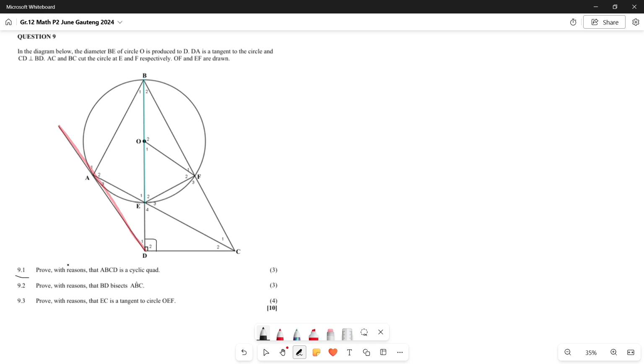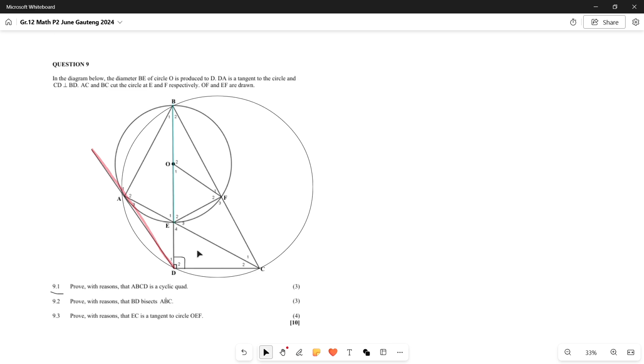Because 9.1 here says prove with reasons that ABCD is a cyclic quad, which means that if we had a circle like this, all 4 points would be touching, which means that we have to prove something about ABCD so that we can prove that it's a cyclic quad and therefore draw a circle around it like this with all 4 points touching the circumference. The most common proofs for a cyclic quad, there are 4 of them, is that if we have a line like this and we have a triangle over here, if this angle equals this angle, we can then prove the converse of tan chord theorem,